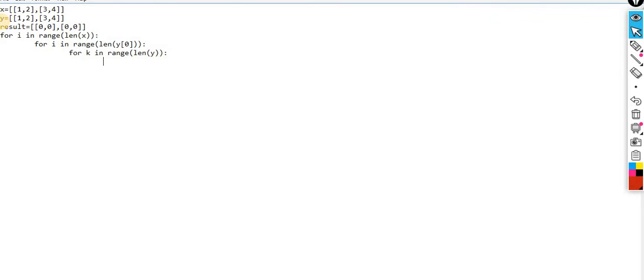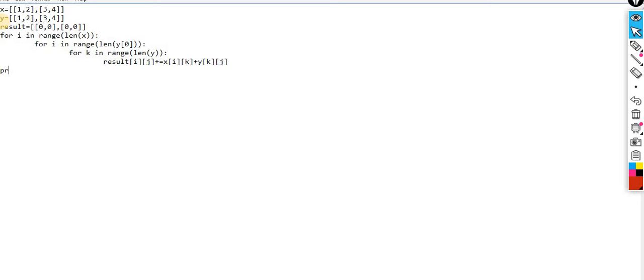So here you are supposed to write result of ij, the 0 0 index, and then you are supposed to perform plus equal to x of ik plus y of kj.